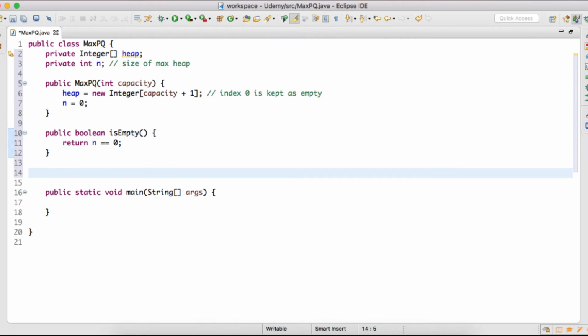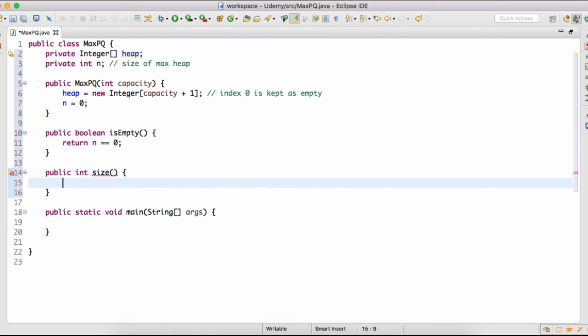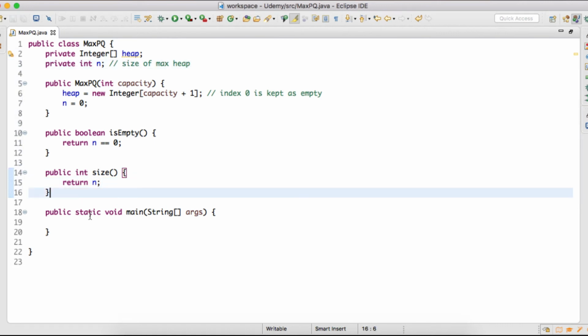Also we'll provide one more method whose return type would be an integer value, which would be nothing but the size of this max priority queue. So we'll simply return the value of n. Whenever we call this size method, it will return the size of this max heap, that is, how many elements this max heap currently has. So friends, in the main method